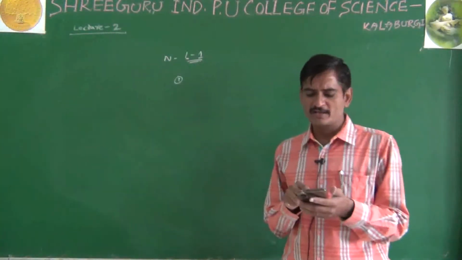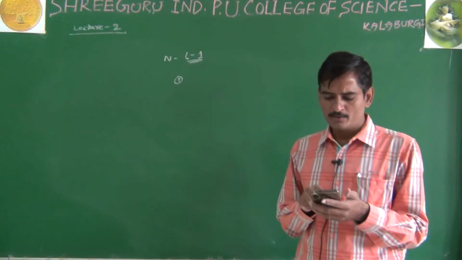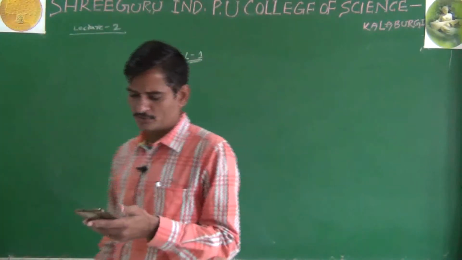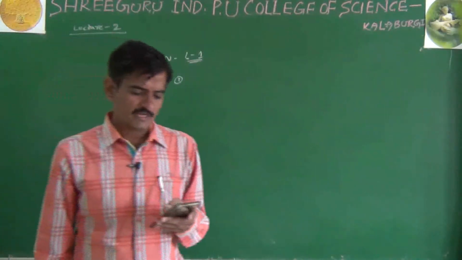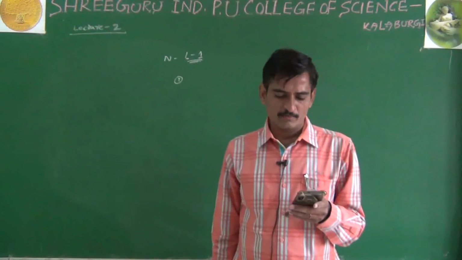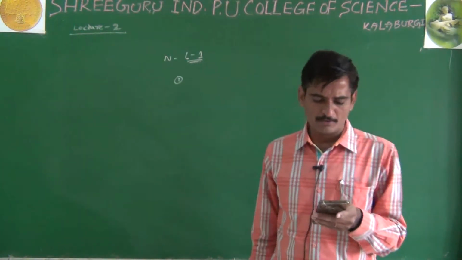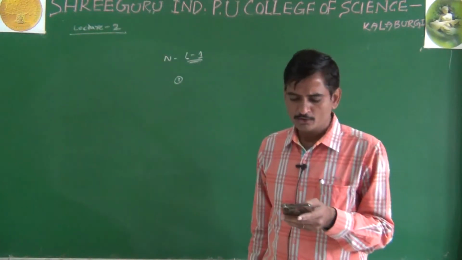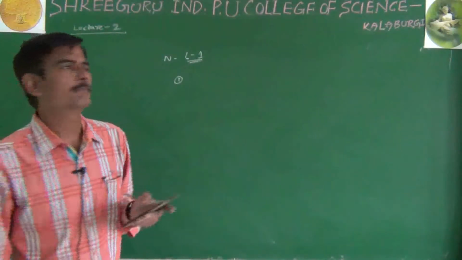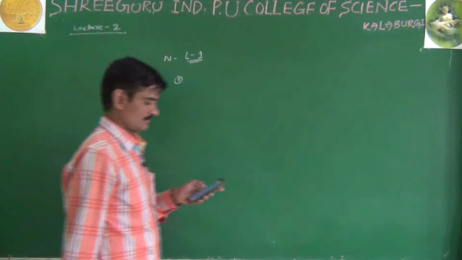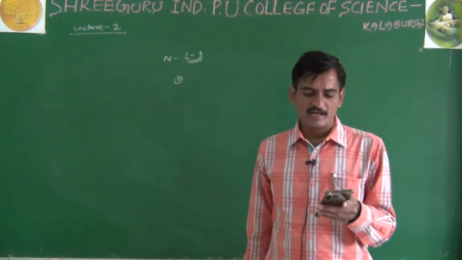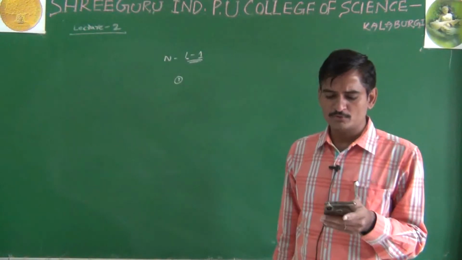Find the electric potential at a point, comma, when a work of 2.5 into 10 to the power minus 5 joule is done to carry a charge of 5 microcoulomb to that point.